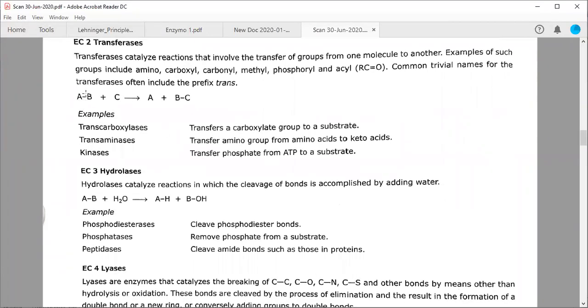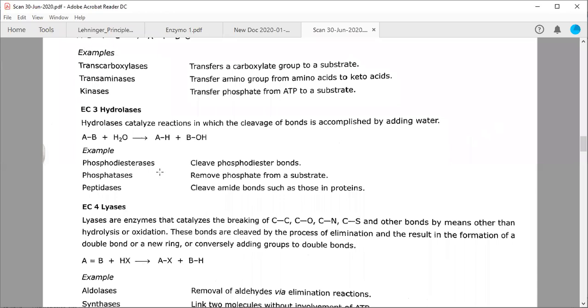So there are two substrates. A is already linked with B, and there is another substrate, C. If B is transferred to the other substrate C and A remains, this type of reaction is catalyzed by these transferases. They transfer groups to other substrates, for example substrate C here. Okay, so the next class is